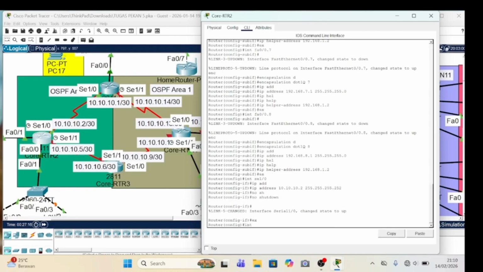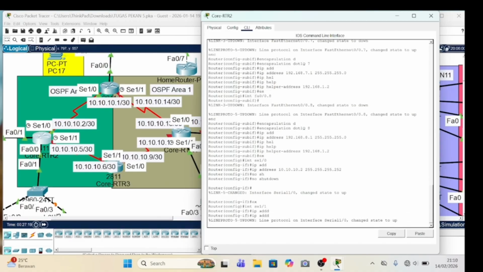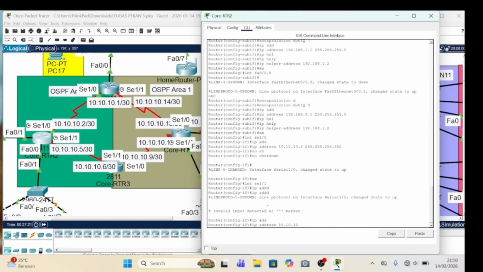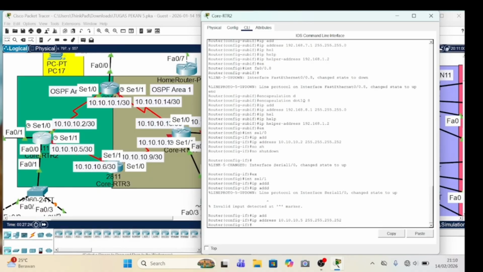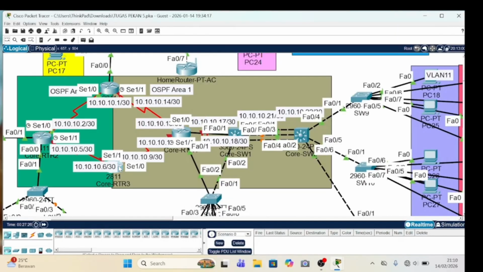And exit, and the interface serial, IP address 10.10.10.5 and the same subnet mask, no shutdown. And this is again